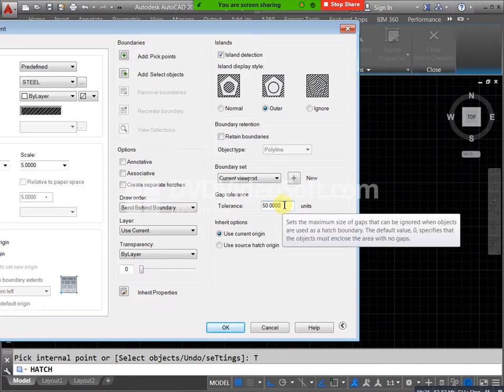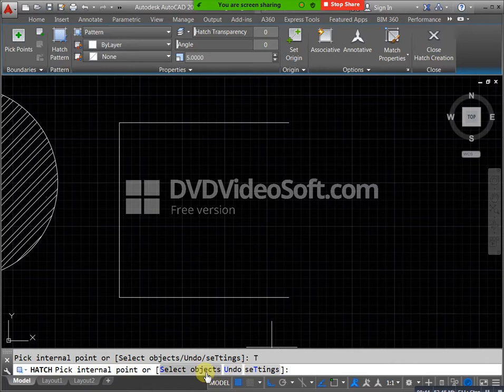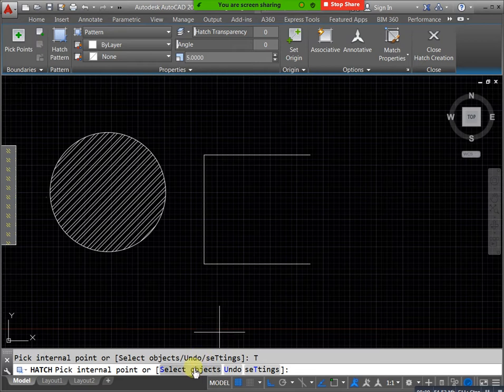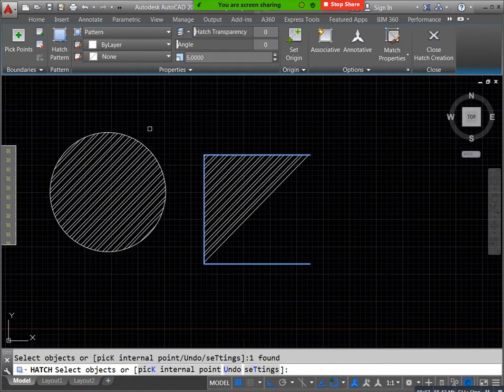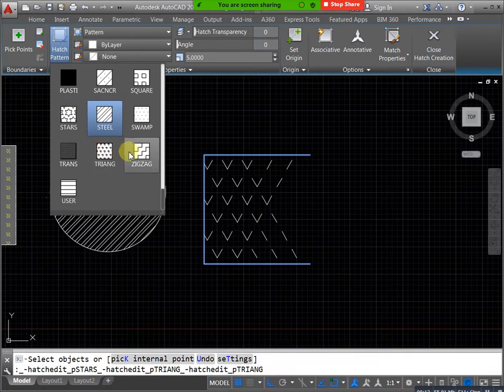After that, we need to select our object. Why? Because we don't have any area, this is a completely open profile. That's why you need to select your object now, not pick points. Pick points is for when you have a completely closed area. Now I don't need pick points. Now you can select objects, it changes automatically. Pick points changes to select objects. Then you select this one. Getting hatching now. In case you take another pattern, it will change based on the pattern. Okay, so for an open profile condition also hatching is applicable, but you need to mention your gap distance.